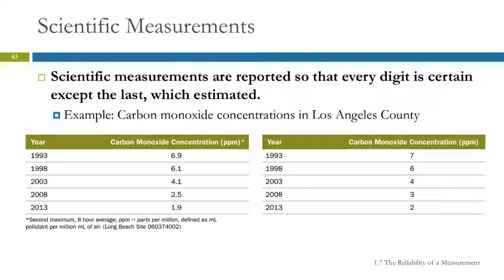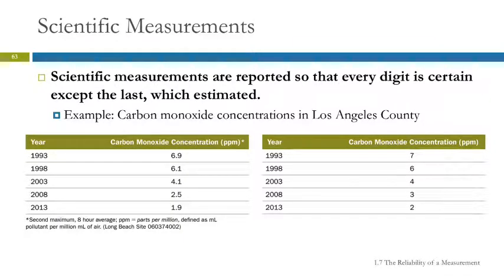Okay, in science we make a lot of measurements, and we record them in a very particular way. Scientific measurements are reported so that every digit is certain except the last digit. The last digit is always an estimated digit. So here we have two different tables comparing carbon monoxide concentrations in parts per million recorded in Long Beach, California